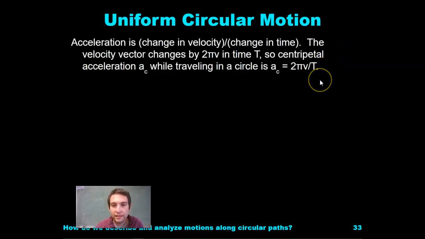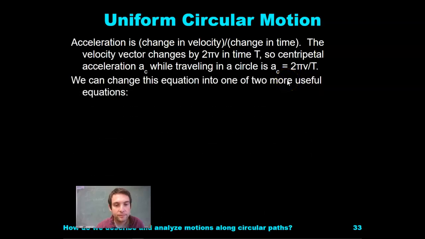Acceleration is a change in velocity over a change in time. The velocity vector changes by 2 pi v in the time capital T. So the centripetal acceleration a sub c, c for centripetal, while traveling in a circle, equals 2 times pi times v divided by the period. We can change this